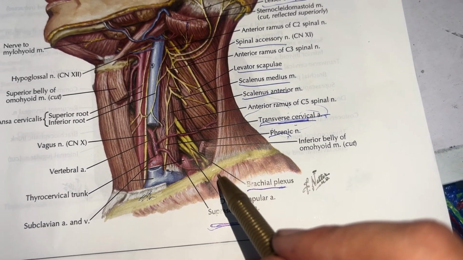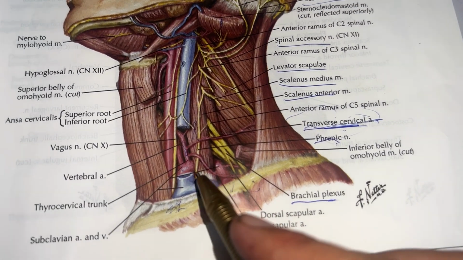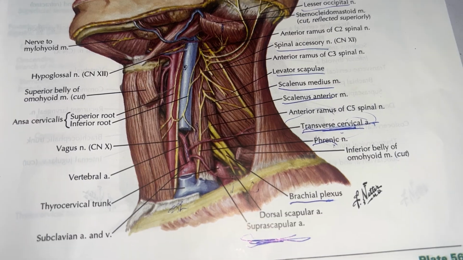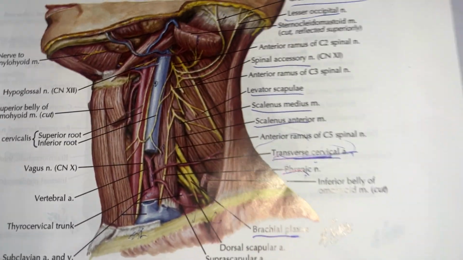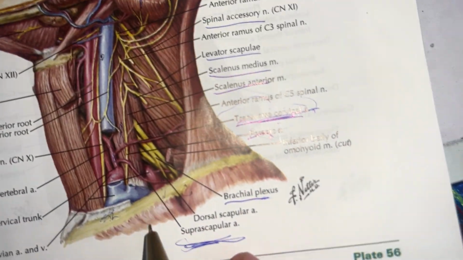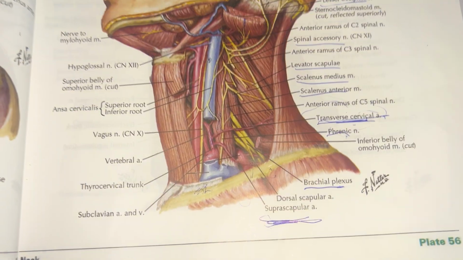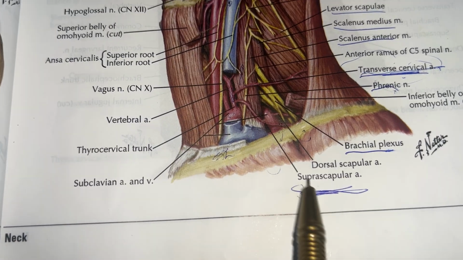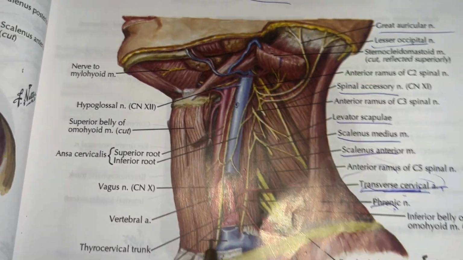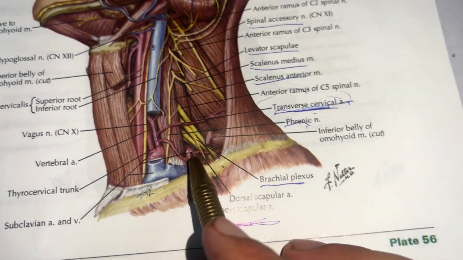The second artery is this one, which is just above the clavicle. This is the suprascapular artery. This one is the suprascapular or supraclavicular artery. It is also called the supraclavicular artery, as it is above the clavicle. So this is the suprascapular artery. Now the third artery which is present in the posterior triangle is this large artery, which is the subclavian